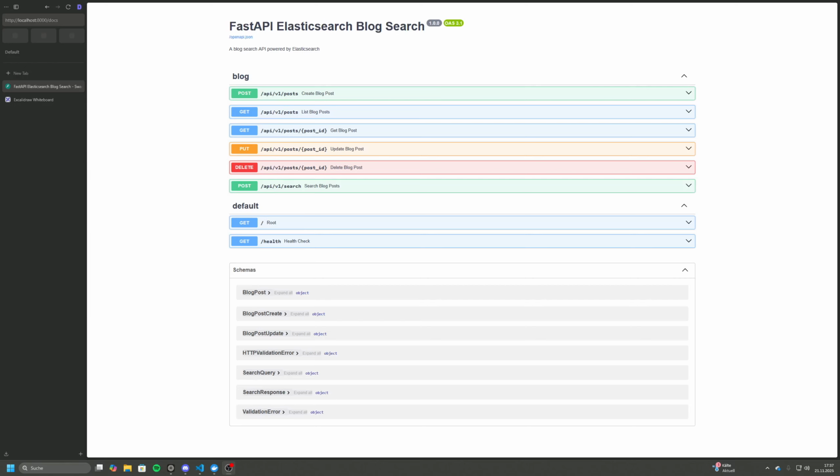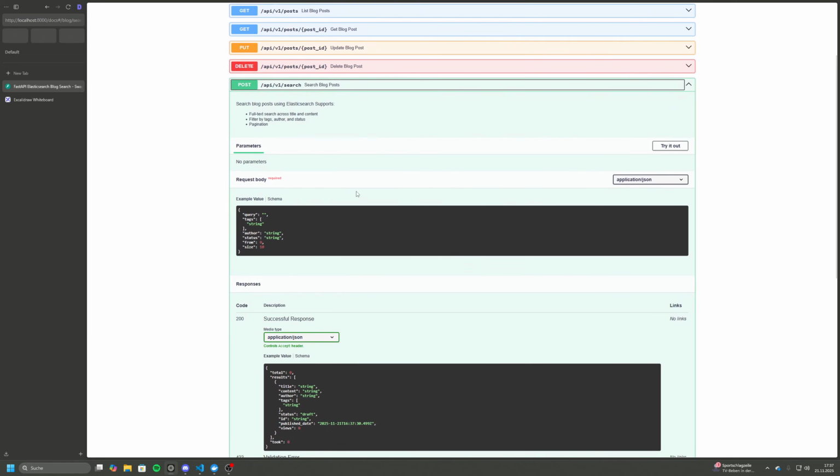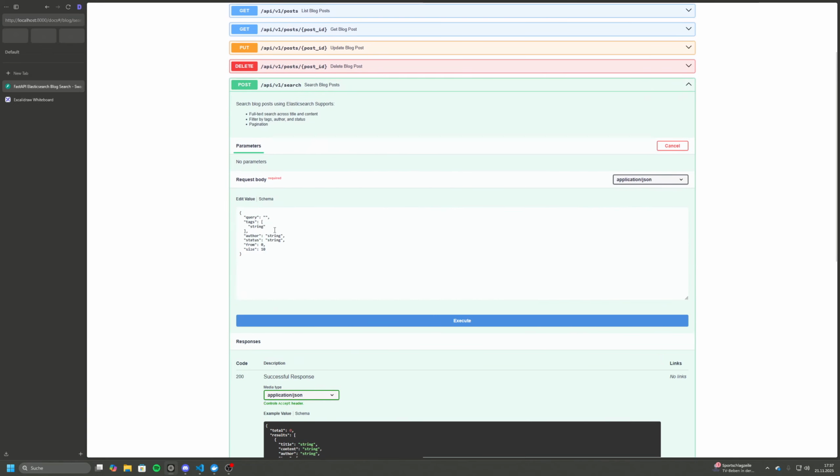Hello everyone, today we are building a blog search system using FastAPI and Elasticsearch. By the end of this tutorial, you'll have a fully functional search API that can handle full text search, filters and relevance scoring. I'm going to show you the Swagger Docs UI as a sample of what we're going to build. We have this search API where we can filter by a query, we can filter by the author or